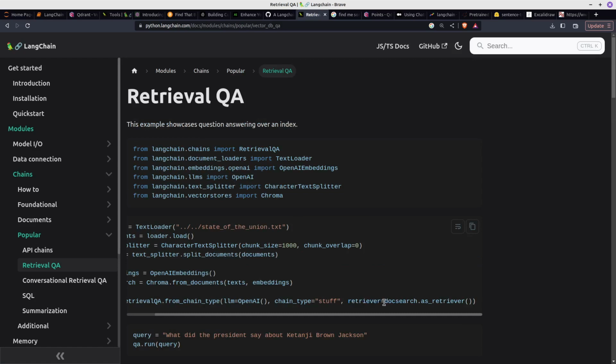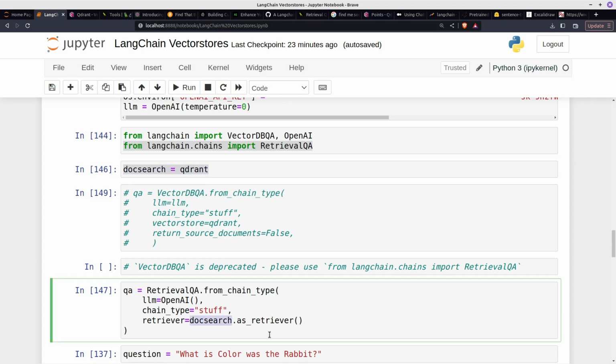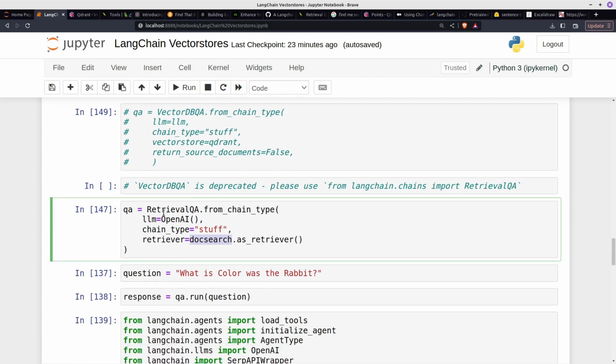They just said retriever equals doc_search. So I changed my variable to be called doc_search. That's why I've done that on there. But you could just as easily have put Qdrant.as_retriever. So what we're doing here is we're using RetrievalQA, the RetrievalQA class from